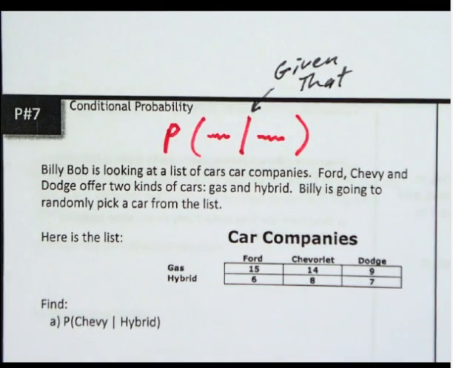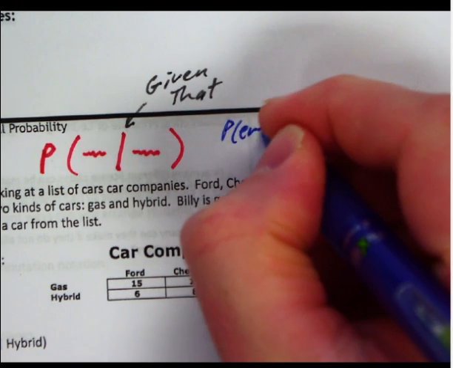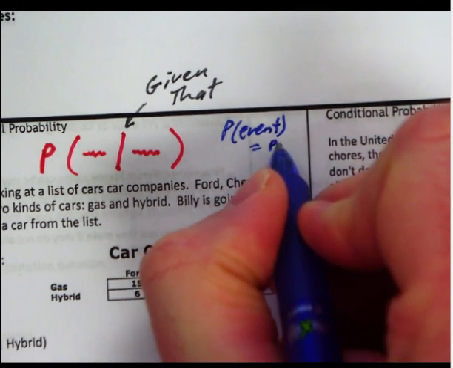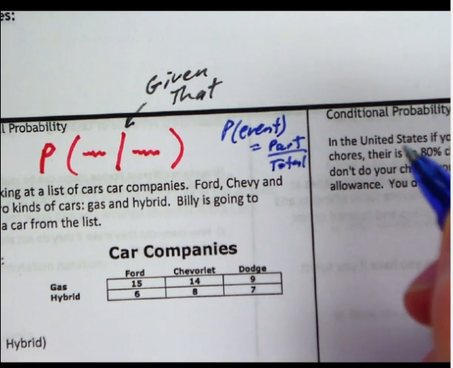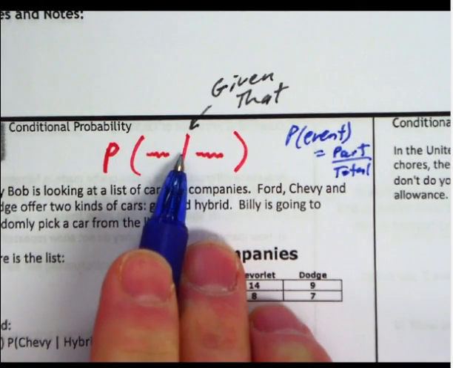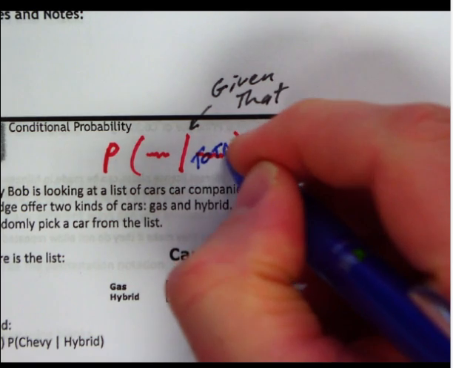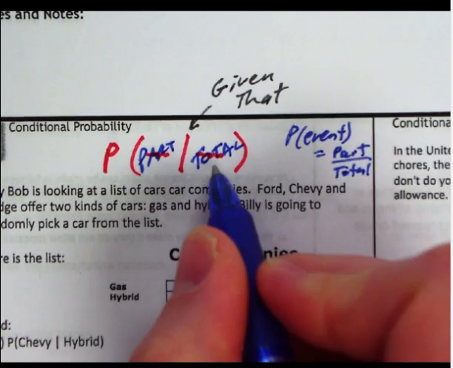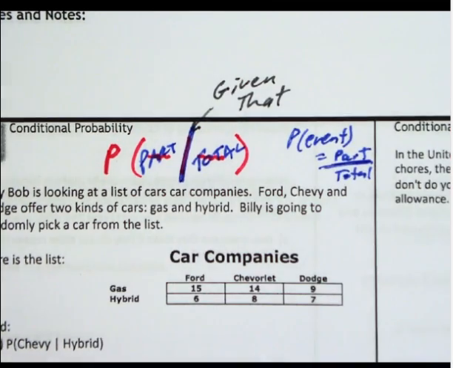The way I think is most effective for people to remember that is that finding the probability of anything, if I want to find the probability of any event, and I'm just doing some random probabilities, it's always equal to the part that gets you the win or the success over the total. It's a part over total counting situation. Well, this bar right here basically sets you up with some kind of new total that's going to go here and some kind of part of that new total that you're looking at. Literally, this bar right here basically becomes your magic fraction bar